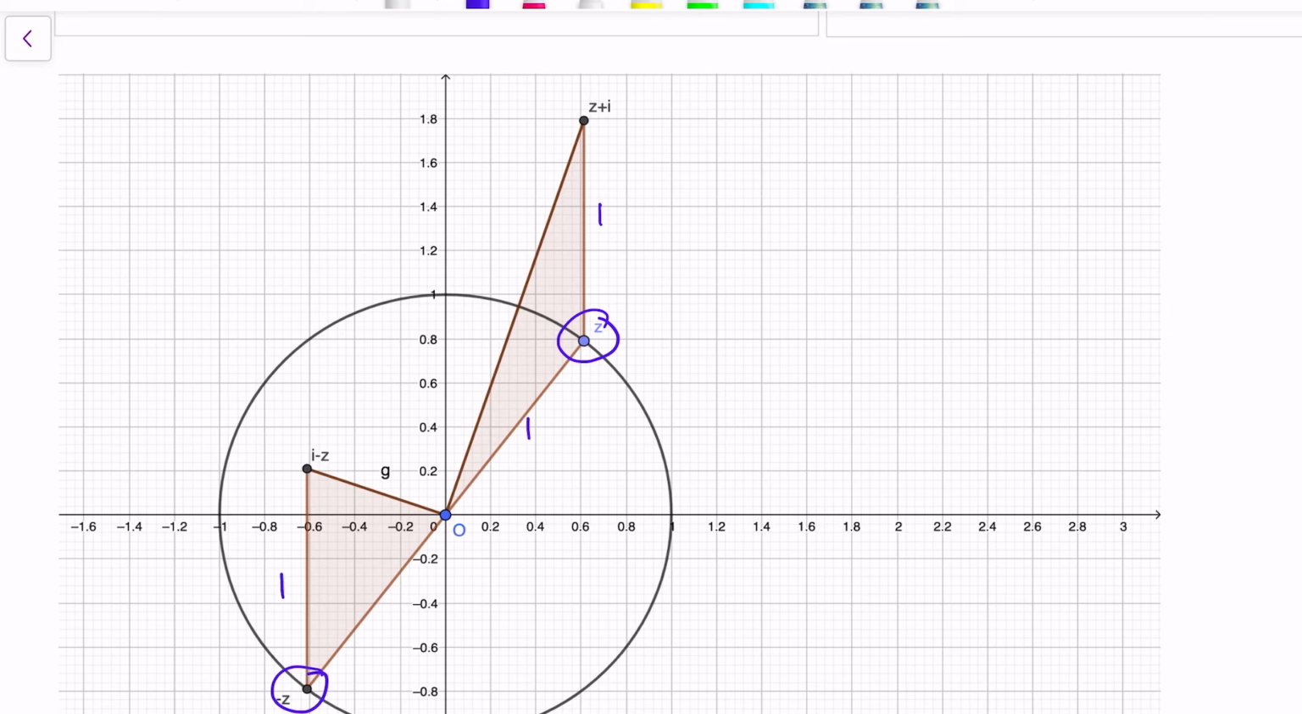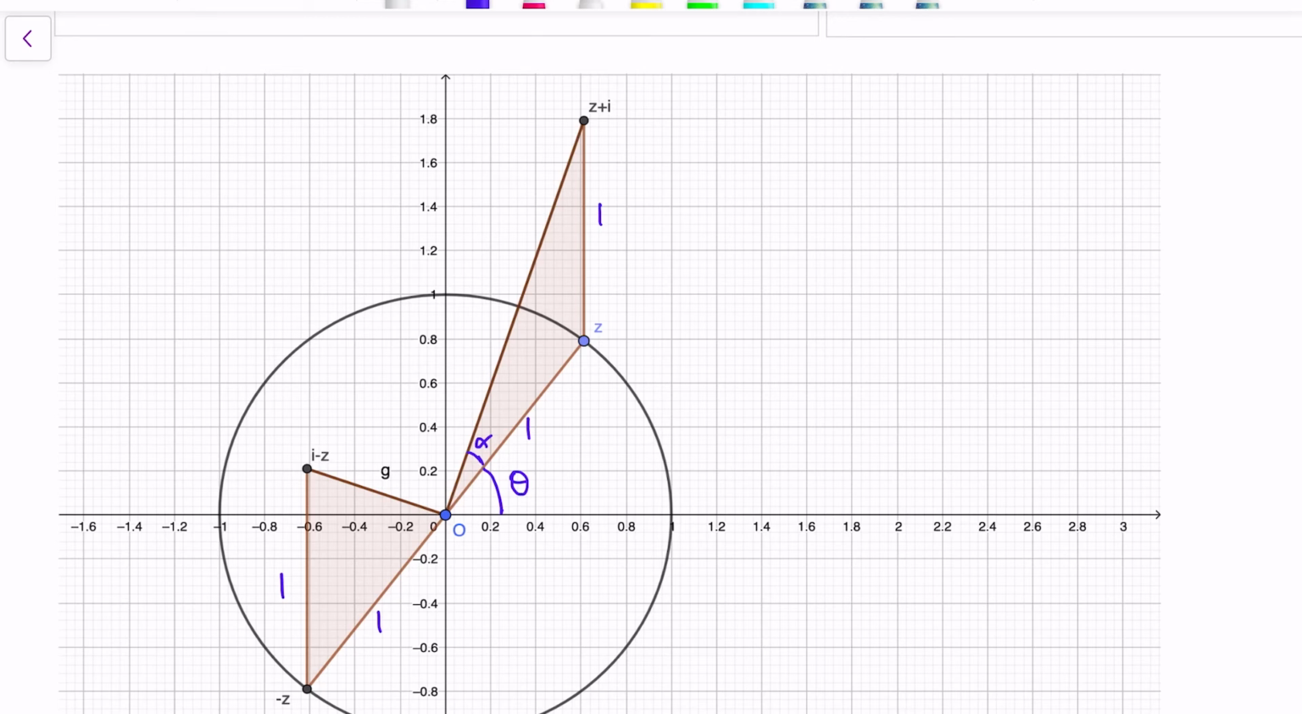It's just in the imaginary direction, so vertically. Okay, and then we've also got 1 there. So we've got two isosceles triangles here. Now, z was some complex number, it could be anywhere in the unit circle, so we could start with that angle theta. z plus i, because it's further up, its argument is a little bit bigger, and I don't bother finding that